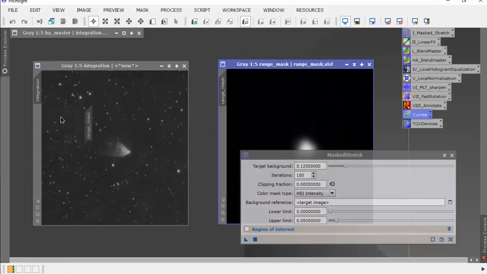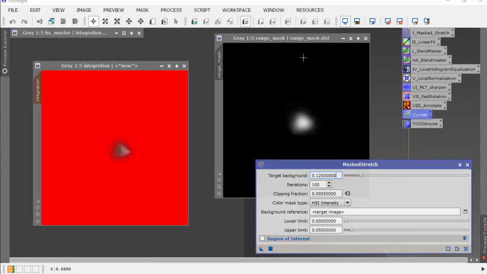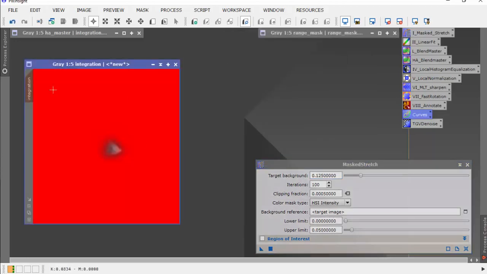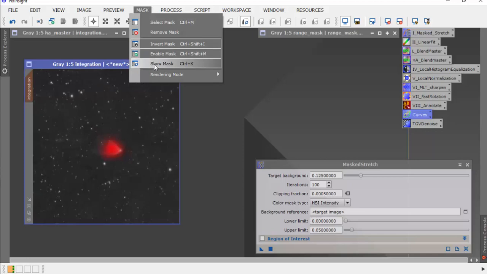So we need to put a mask on the image. The mask that I'm using here is a pre-prepared mask, but I will show you a bit later on in the video how to actually make this mask. So I have a range mask, which I've just put on the image. And we want to be working on the background, so I need to invert the mask like this, unshow it like that,